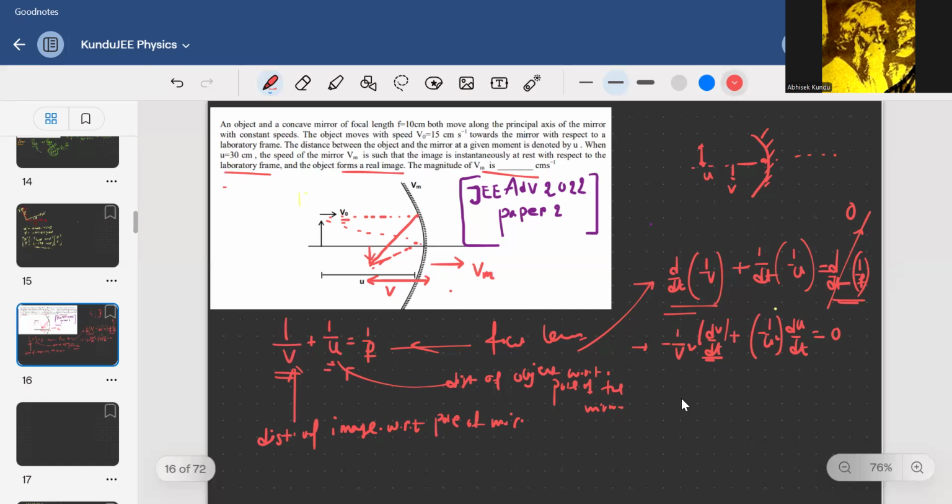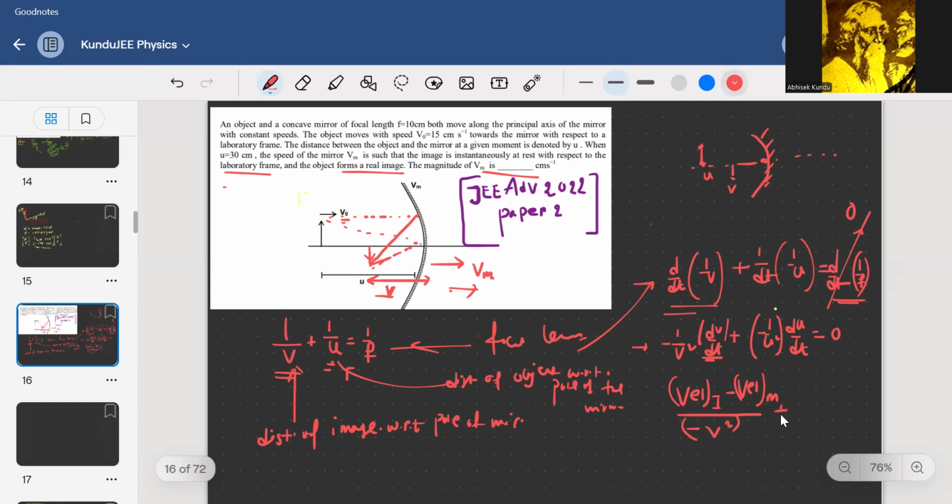That means if mirror is moving in this direction, and v is the distance of the image, so we can write that minus the velocity of image minus velocity of mirror by v square,